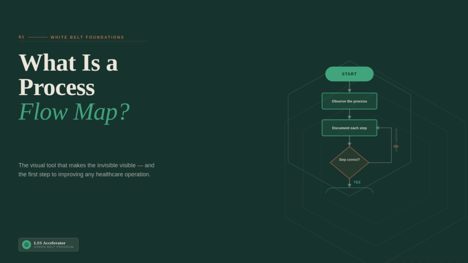At the white belt level, your role is foundational. You are not leading a full DMAIC project, but you are expected to observe, document, and contribute to improvement conversations on your unit or in your department. A process flow map is the most basic and most powerful tool you have for doing that, and I'll tell